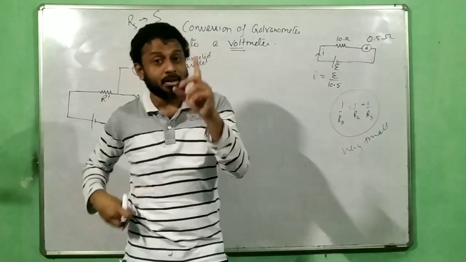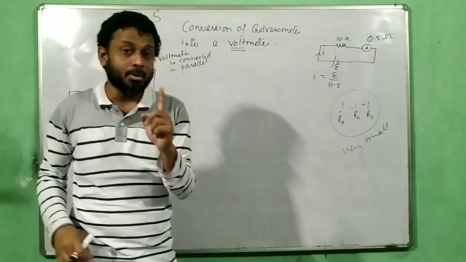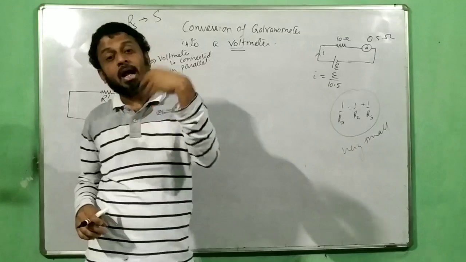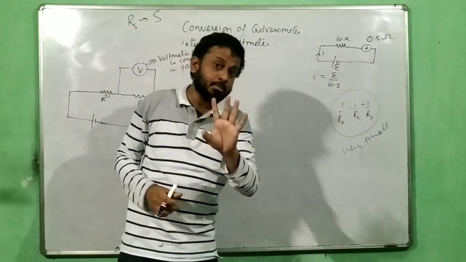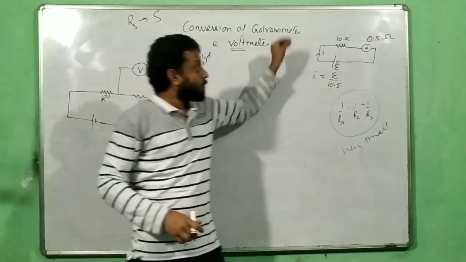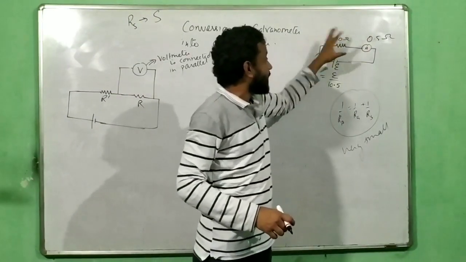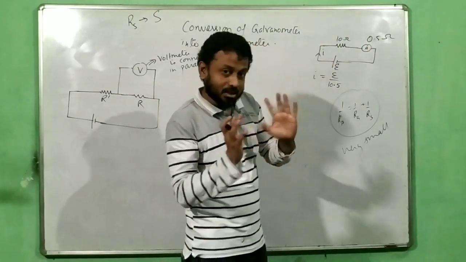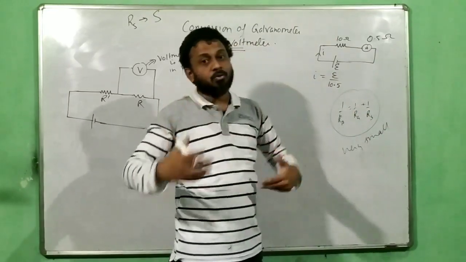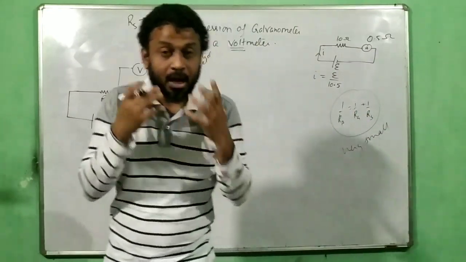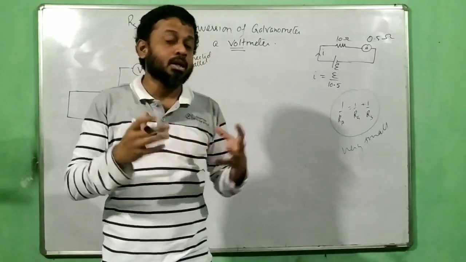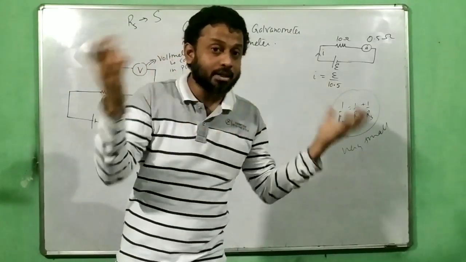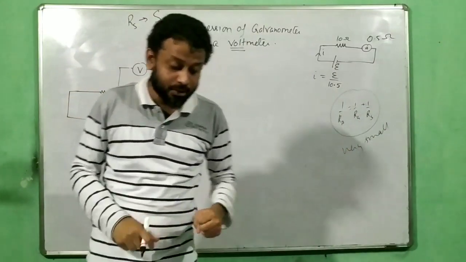Remember, with ammeter there is always an error. Only with ideal ammeter there is no error. But there is nothing called ideal. So when you put this ammeter over here to measure the current, the current has slightly changed, because the ammeter will always offer its own resistance, and that resistance for ammeter should be very less, as less as possible, so that my current is not deviated too much from the real value.